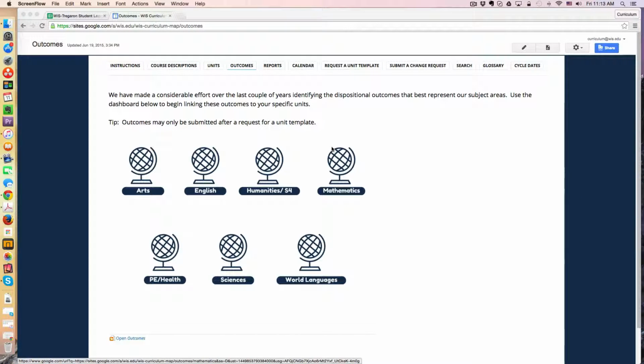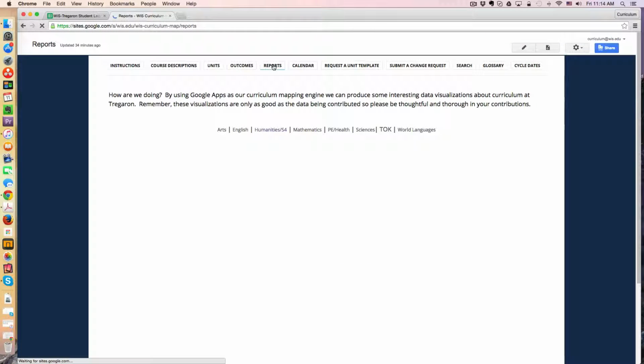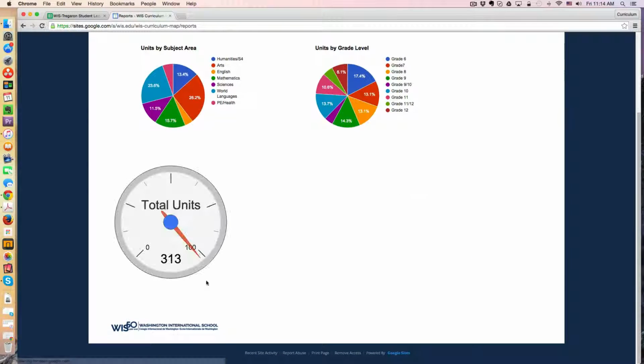Today I'd like to give you an in-depth update regarding my curriculum mapping process using Google Apps tools. So currently we're at that stage where our map is being populated. Our faculty and staff have entered just over 300 units, so I have some nice data to work with, and one of the challenges I've been thinking about for a really long time is how best